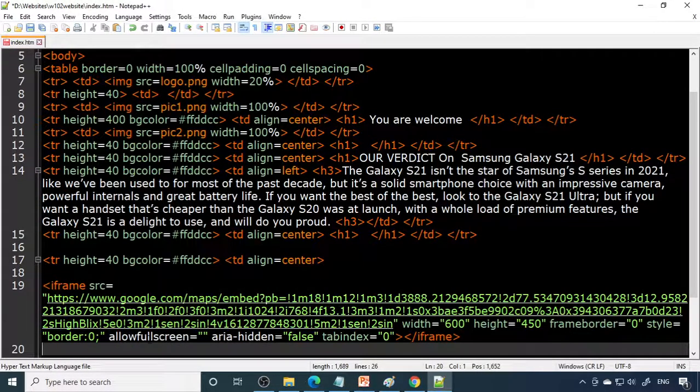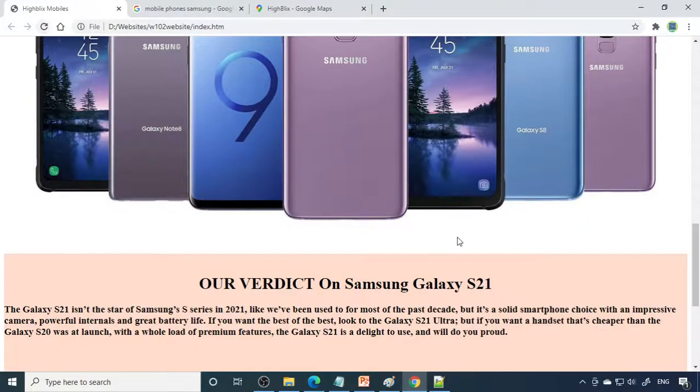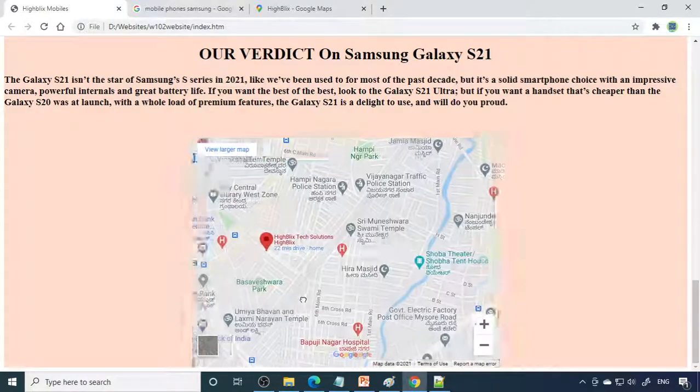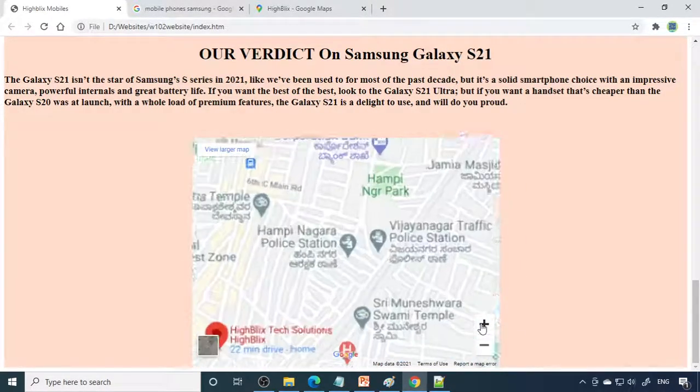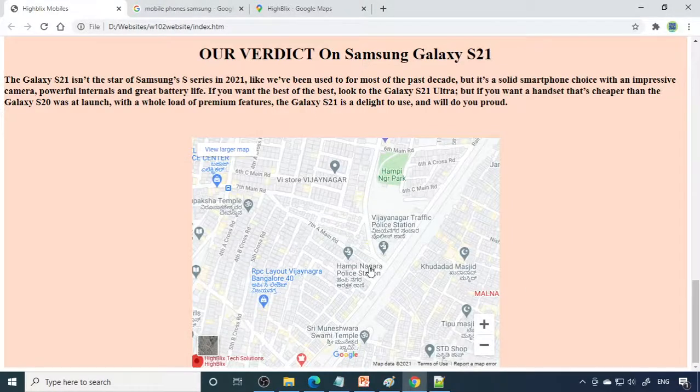So save this. Now we can come back to our page and refresh the page. You can see that the map is available over here. On clicking this, you can zoom it, you can increase the size, or if you want to make the width more, maybe you can change that.